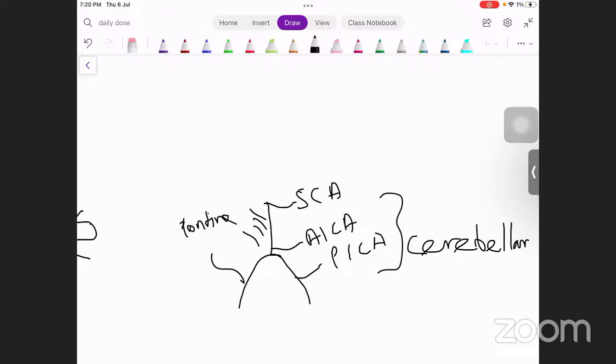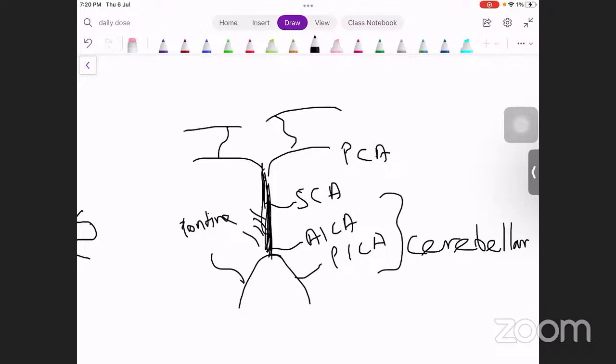Now, this basilar artery goes upwards and splits into the posterior cerebral artery, which is PCA. The posterior cerebral artery gives rise to a communicating branch, and this communicating branch combines with the internal carotid artery. The internal carotid artery then goes lateral as the MCA and also gives rise to the ACA, anterior cerebral artery and middle cerebral artery. The middle cerebral artery goes laterally, while the anterior cerebral artery